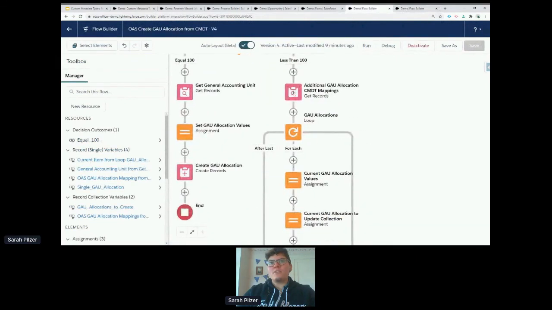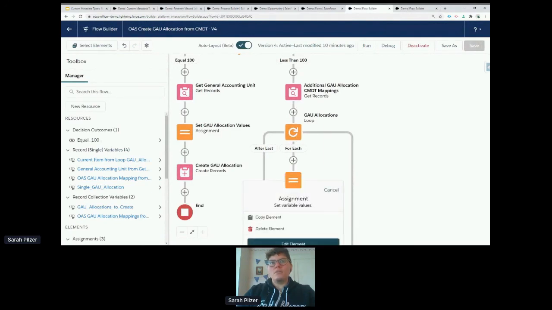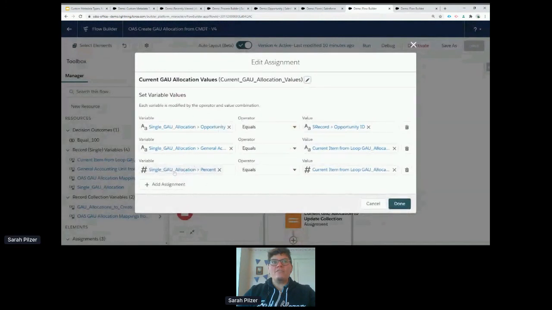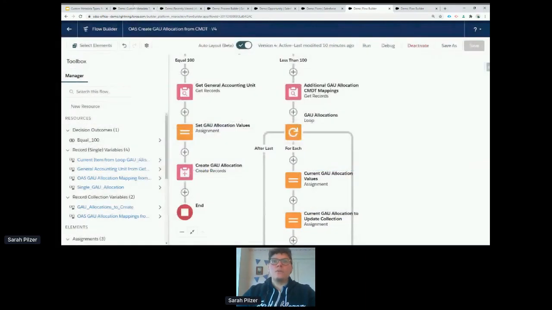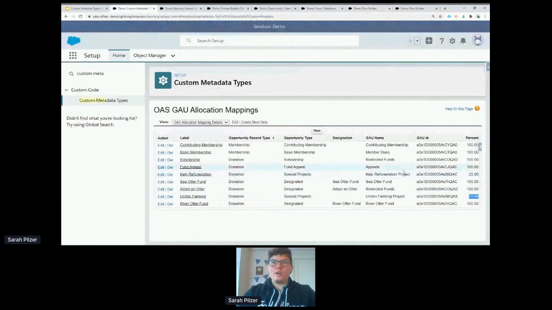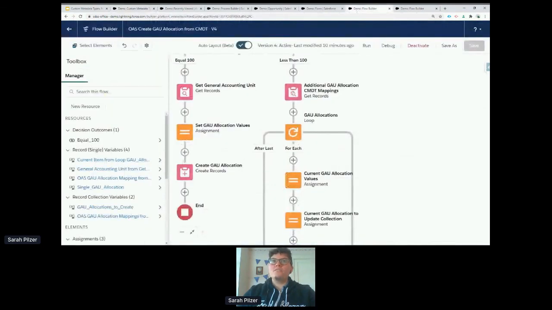what I'm going to do is get this collection, and then when I'm looping through, I'm looking at the very particular allocation and setting the percentage based on its custom metadata type. So in this particular case, we have two, right? We have the kelp reforestation project that has a percentage of 25, and then the urchin farming, which has a percentage of 75. So in my flow, when I do this lookup,